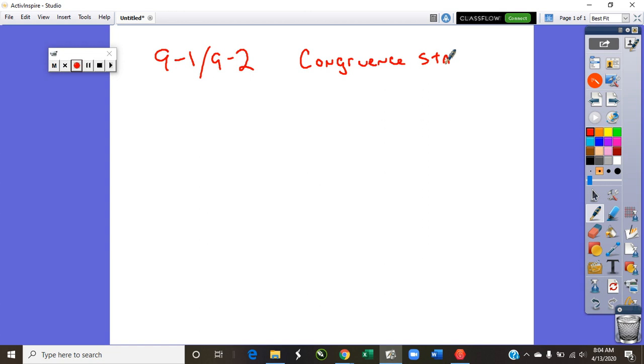congruence statements and corresponding sides slash angles. This is a little bit of review. Some of this stuff we've done before, but we might take it a step further than we have. Today is the 13th, 4-13-20. Okay, let's start. First, our objective for this lesson